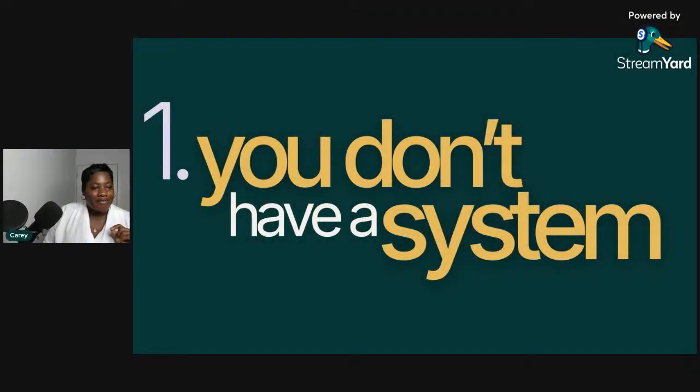So if you don't have a system, here are three clear signs. The first one is starting your design from scratch every single time, redesigning the same post over 20 times and nothing feels consistent. Without structure, we've talked about this before, it is chaos. And chaos is often tied to rushing, which means you don't have something structured in place.